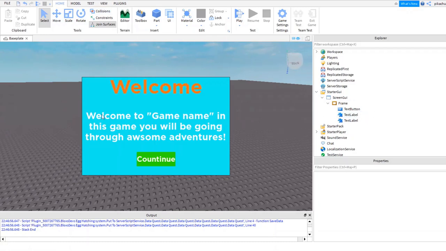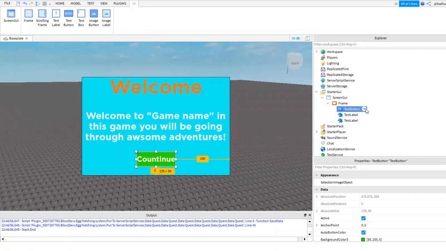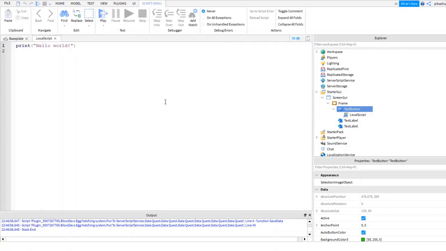What we're going to do is go over to the text button and make this continue button work, so it will actually make the frame disappear. Here we're adding a script, a local script, and we're going to start coding.